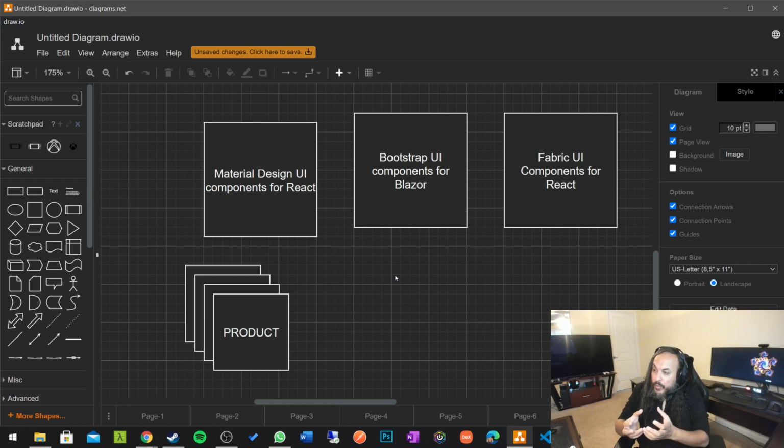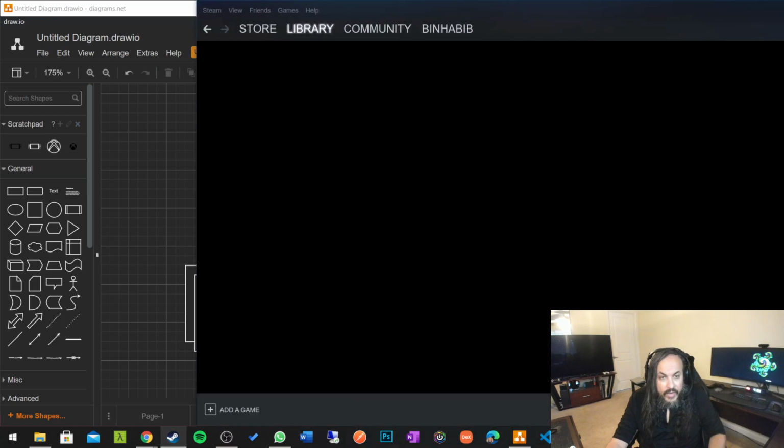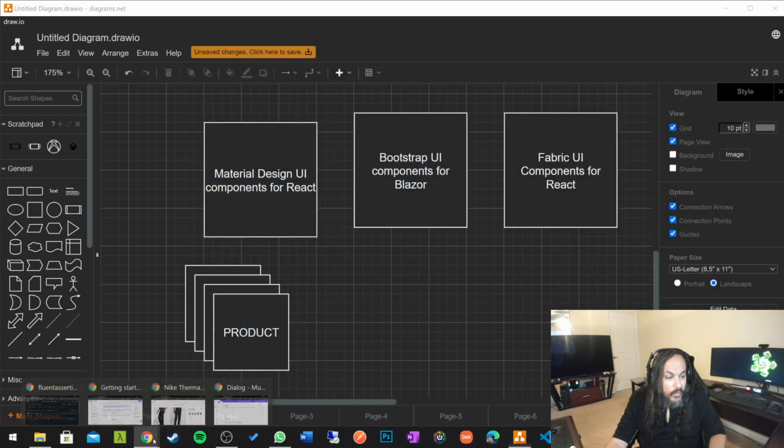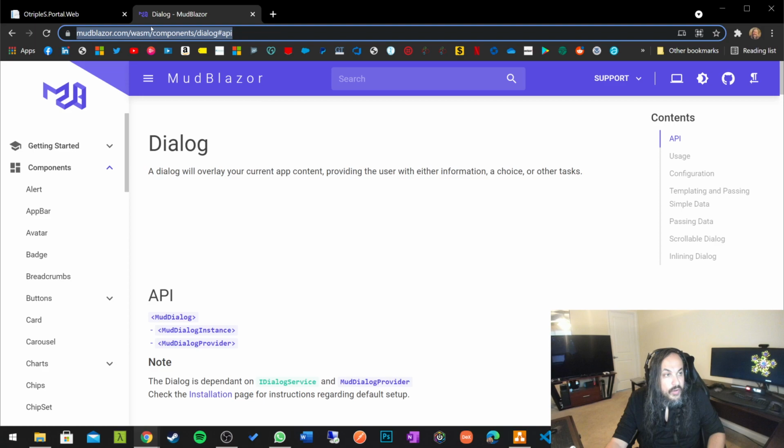building UI components is a product in and of itself. Some people will pay money to actually use that, or there's open source products out there that you can use to get to that point. It depends really on what products you're trying to use. But if I go here and say Blazor